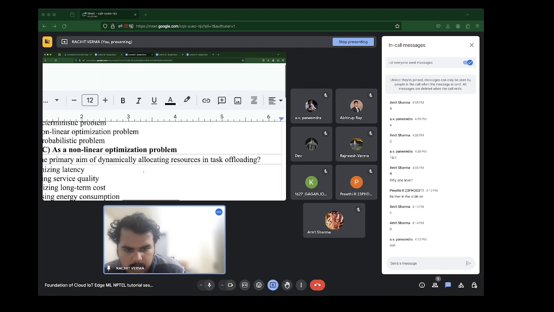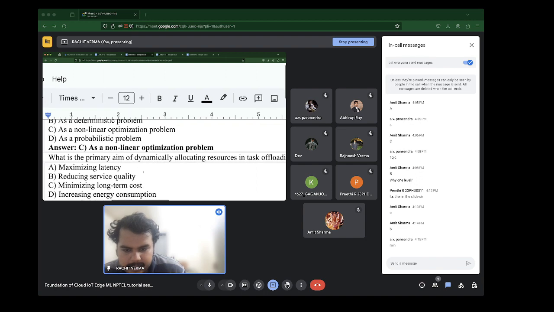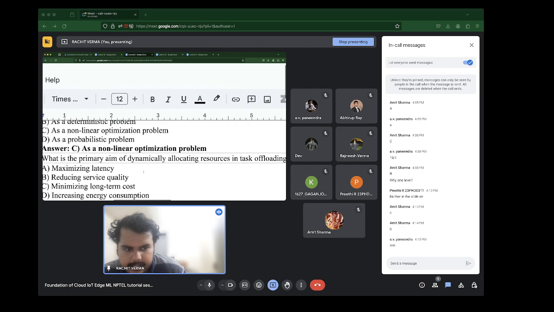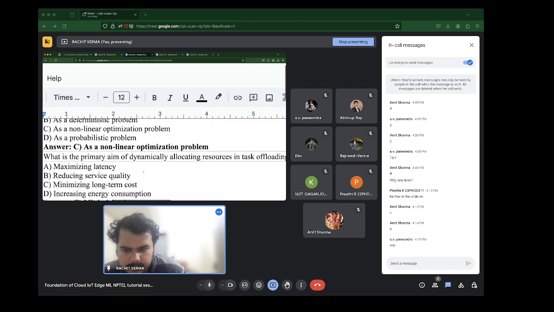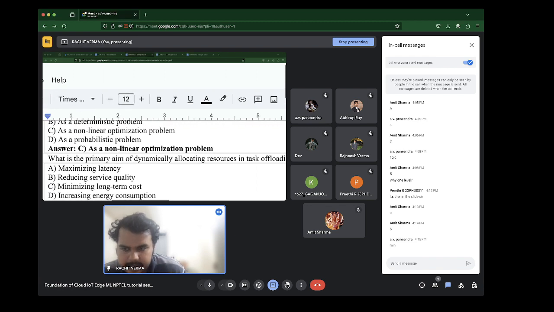What is the primary aim of dynamically allocating resources in task offloading? Is it A, maximizing latency, B, reducing service quality, C, minimizing long-term cost, or D, increasing energy consumption?